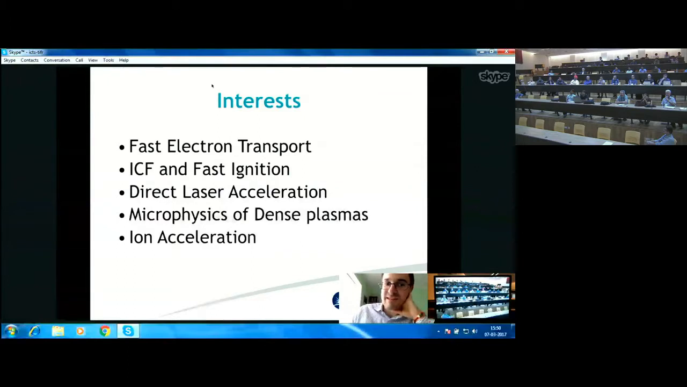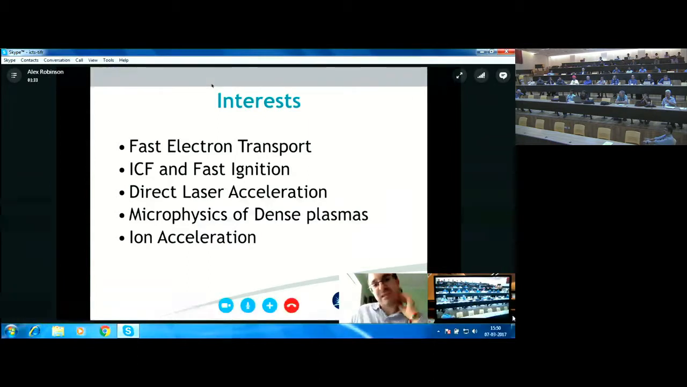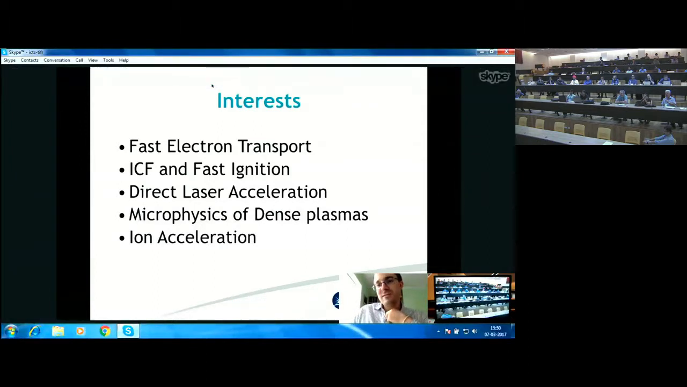I've probably summarized my interests in these five points. I've put the top five here, not the top four as I did in the document. I put ion acceleration at the bottom, but the four points above it better represent what I'm focused on. These are fast electron transport, ICF with particular focus on fast ignition, direct laser acceleration, generation of fast electrons, and some of the microphysical properties of dense plasmas. So just to flesh out some of those points,